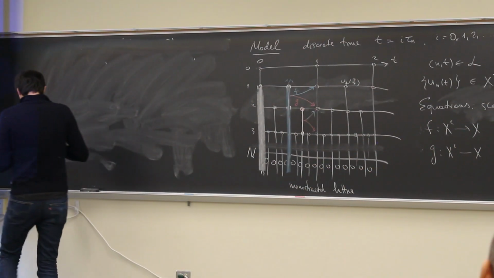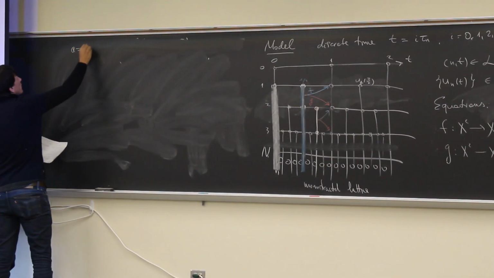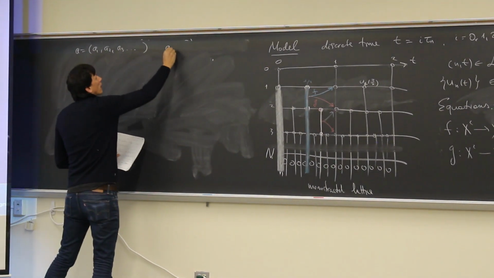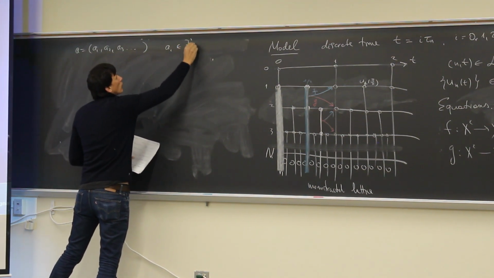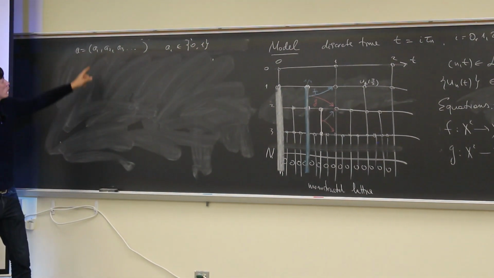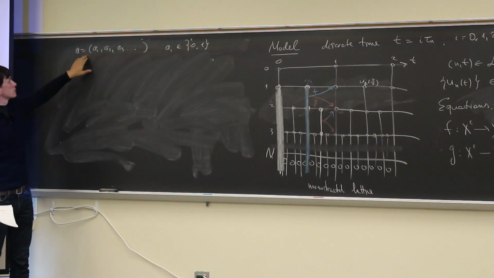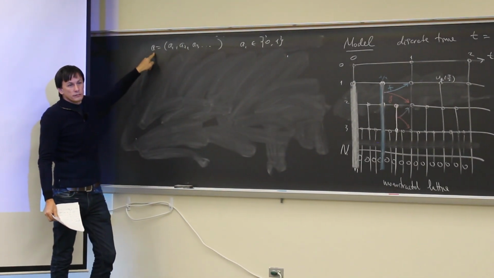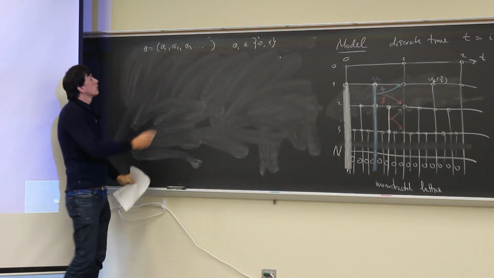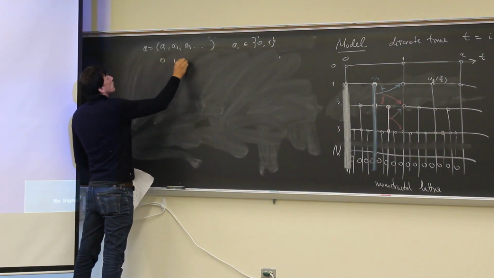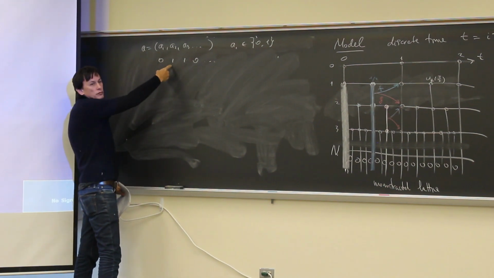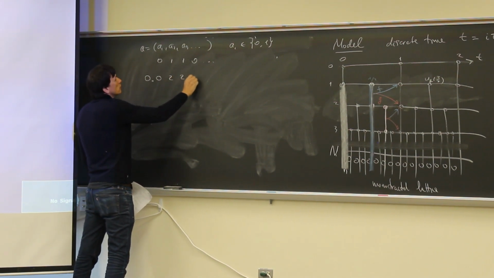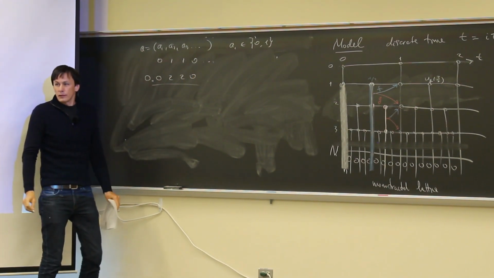Function in the space. So let's consider the vector A, which is A1, A2, A3, and so on, where every Ai is just 0 or 1, and we are in a product topology. So we can just consider A to be a point on a Cantor set. What you do if it's, for example, 0, 1, 1, 0, and so on, you substitute 1 by 2, put a point in front, and this is a point on a Cantor set. Right?